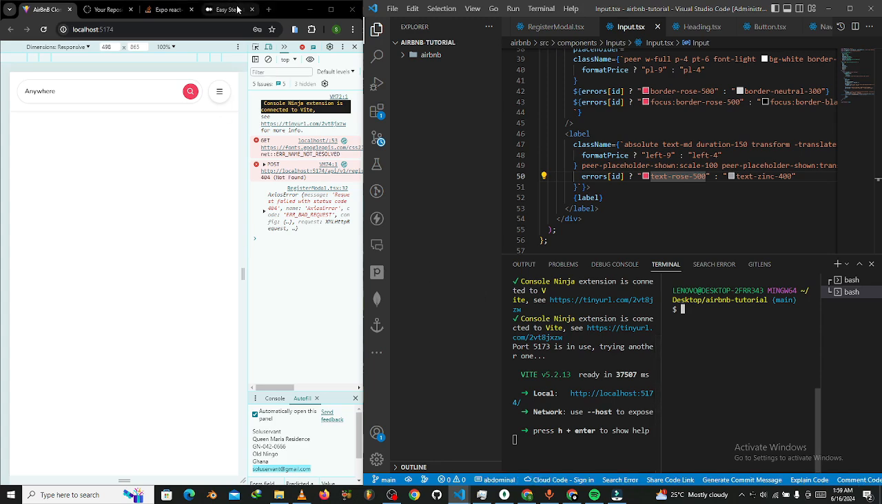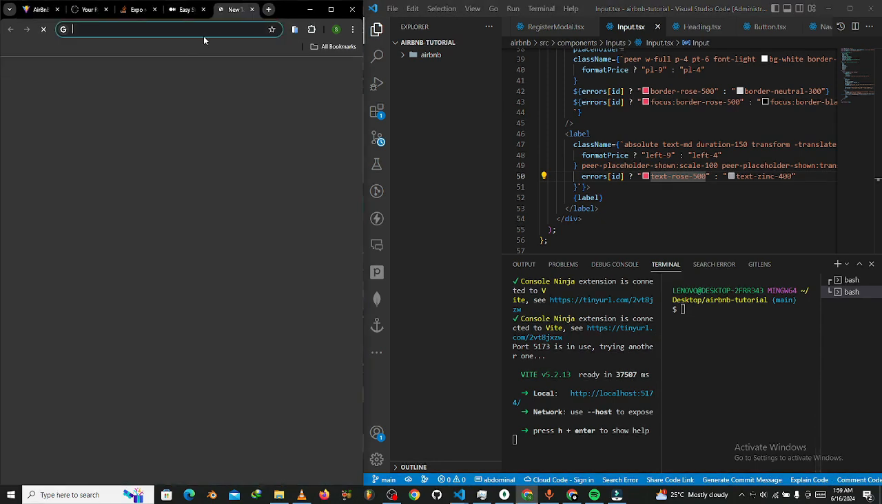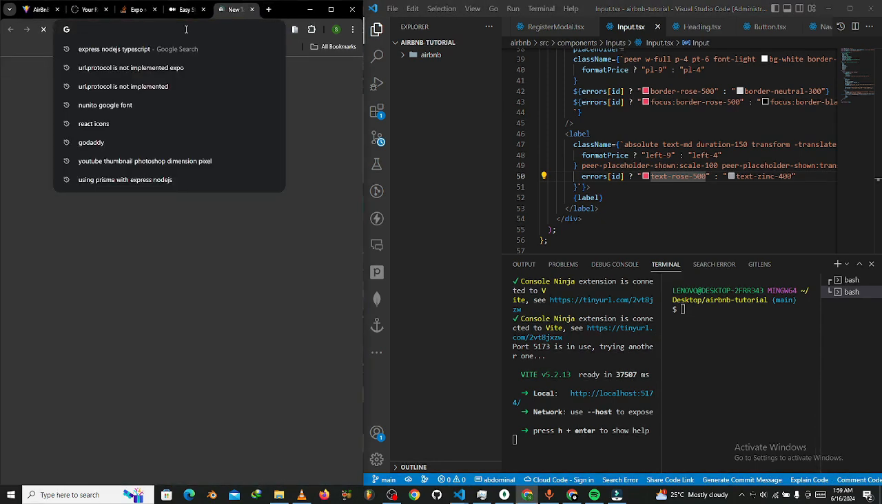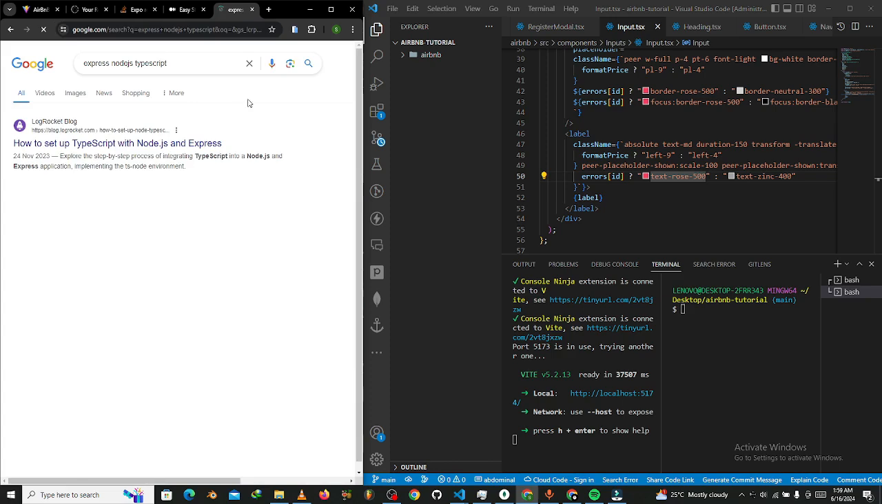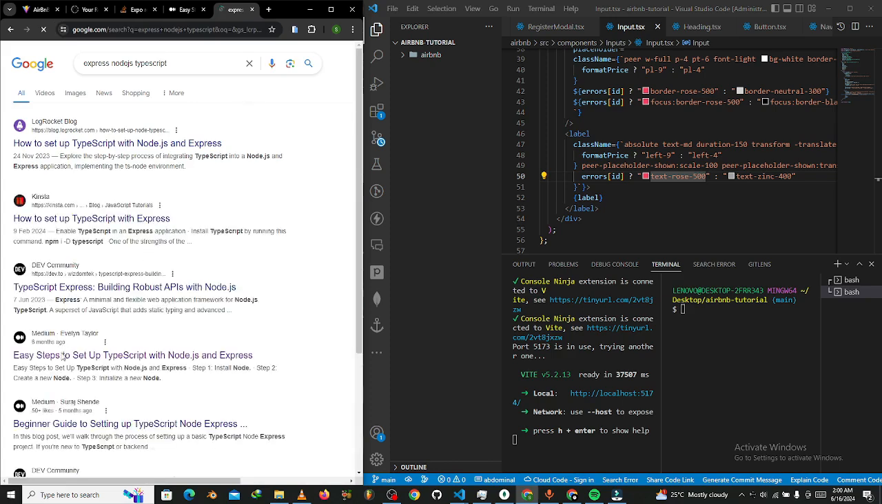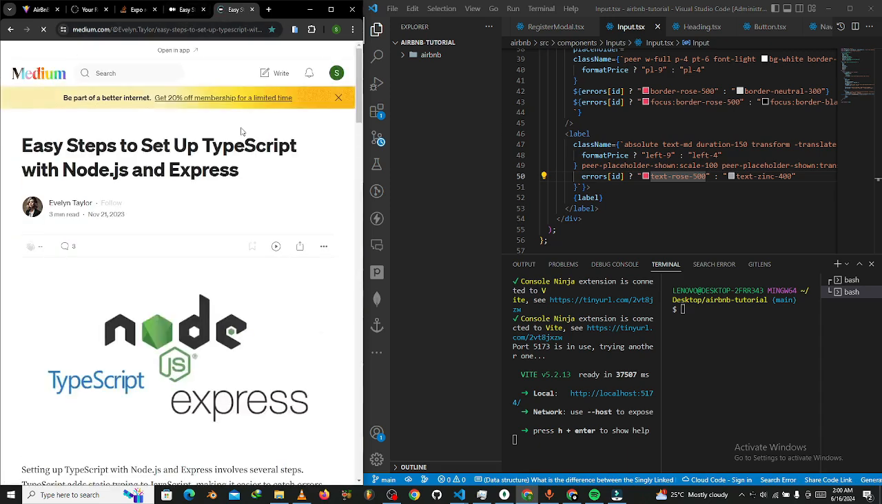What we can do is we can quickly go into Google. What I did was basically I went into Google and I searched for express node.js typescript, and then I saw this article, the one made by Evelyn Taylor, and then I just tapped on the link, and then it basically took me to the article. Since I've already opened the article, I don't think it's necessary to go inside. Okay, but it's here now. So now that it's here,